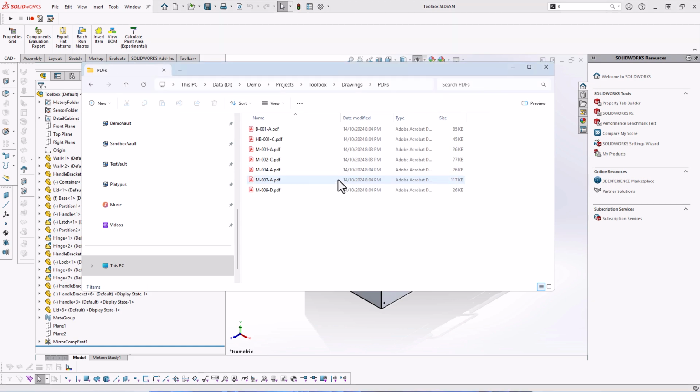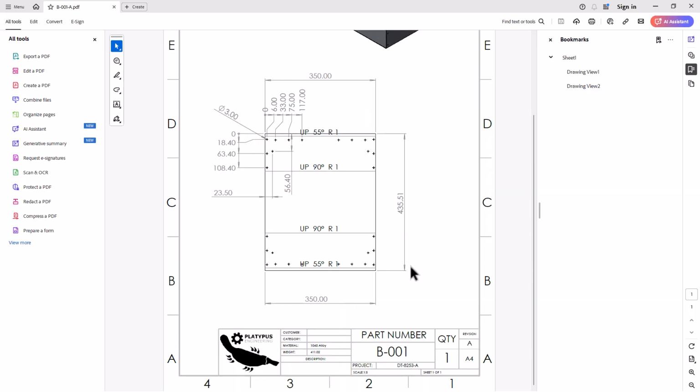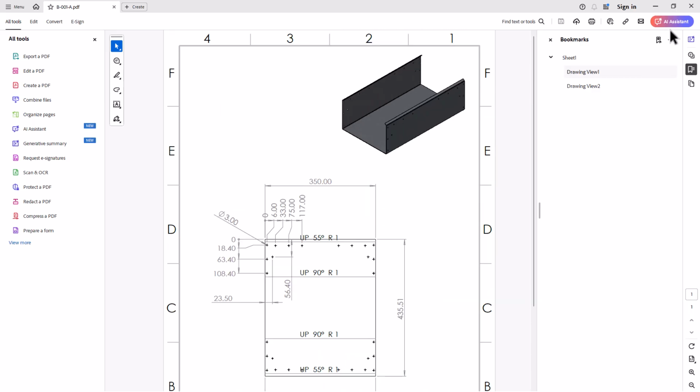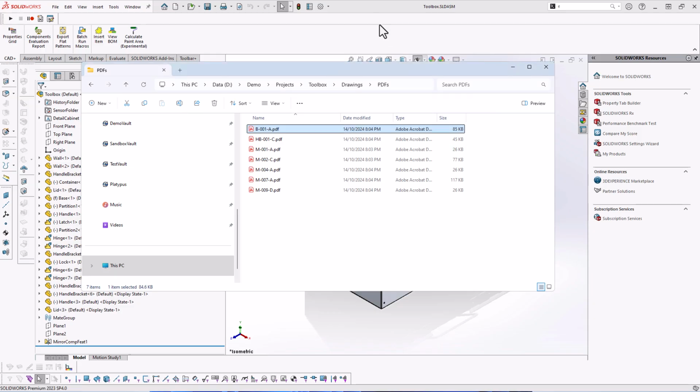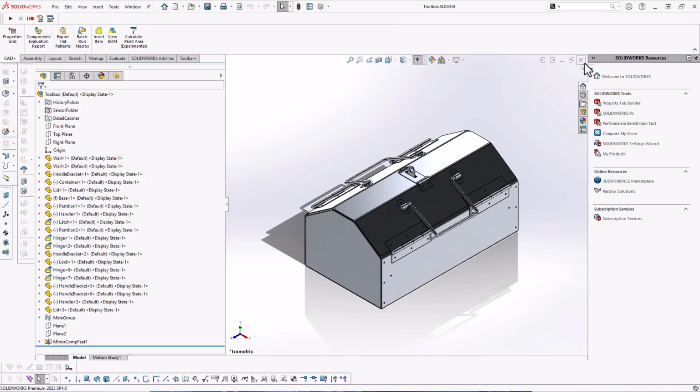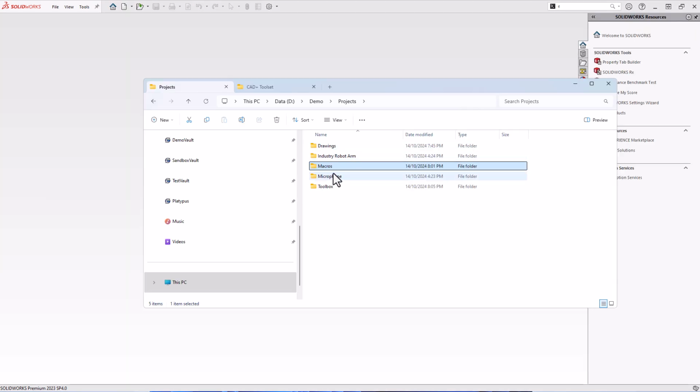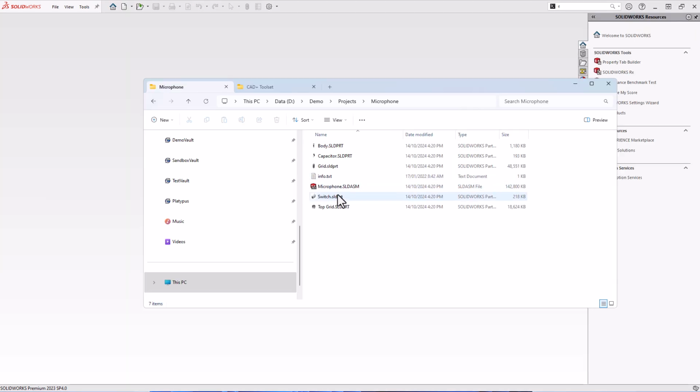Let's navigate to Windows File Explorer to inspect the output files. Let's open the PDFs folder. You can see all of our files have been produced, and the part number and the revision are used to form the file name of our PDF file. That was a demonstration of the integrated version of Batch Plus that opened each individual drawing in the same session to